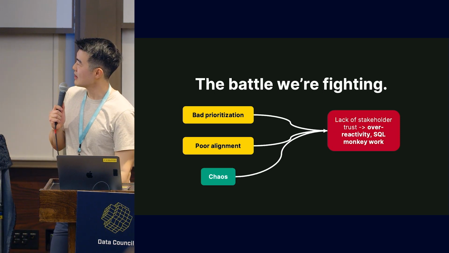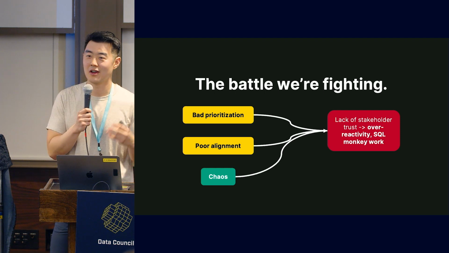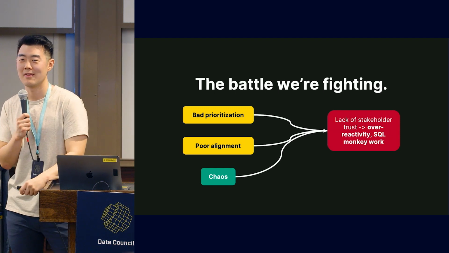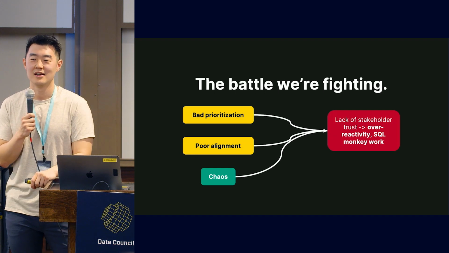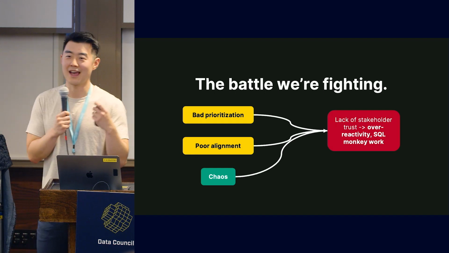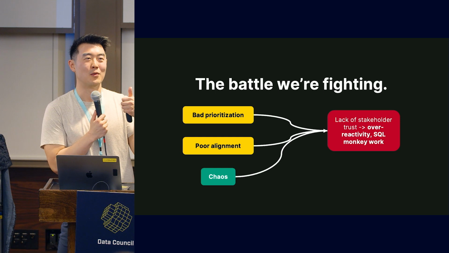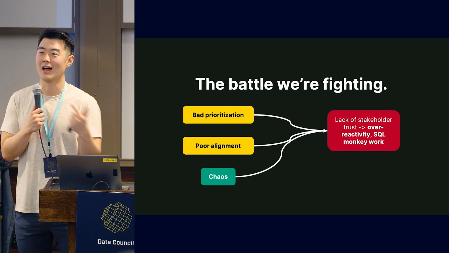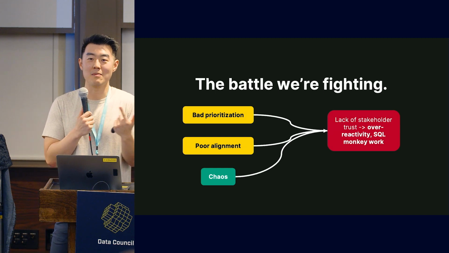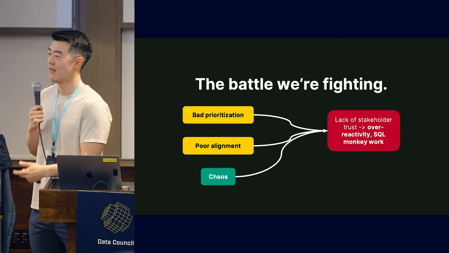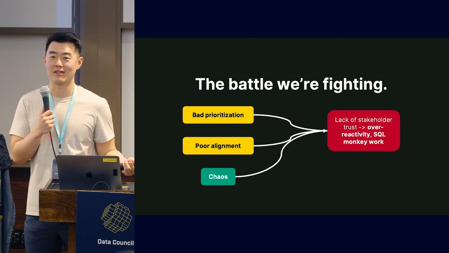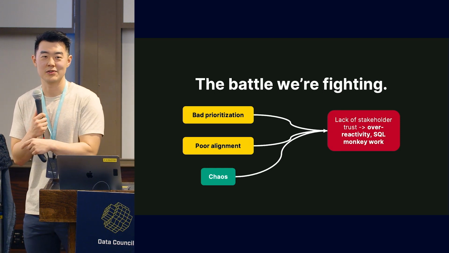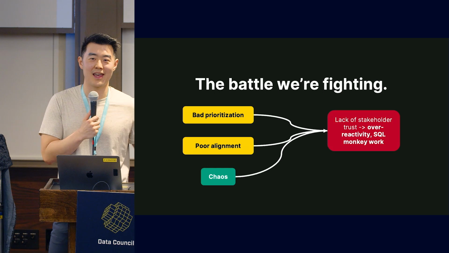Now, the problem here is imagine you're a product manager, right? And you see a data team that functions like this, you'd be like, okay, they can't figure out what to work on. They don't actually drive much value. They don't align with me to figure out what I believe that they should do. And everything is chaotic. I can't find any of the things that they've done. If you put yourself in that person's shoes, you would just obviously be like, okay, well, I can't trust the